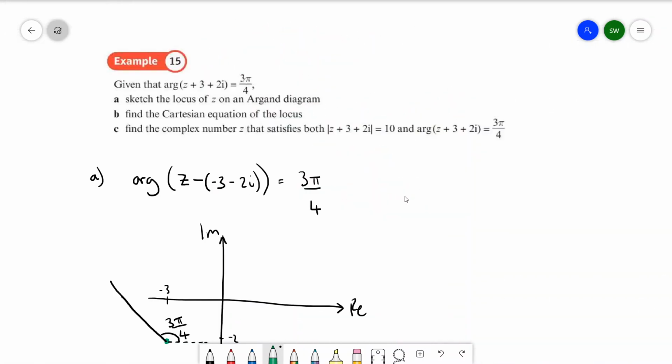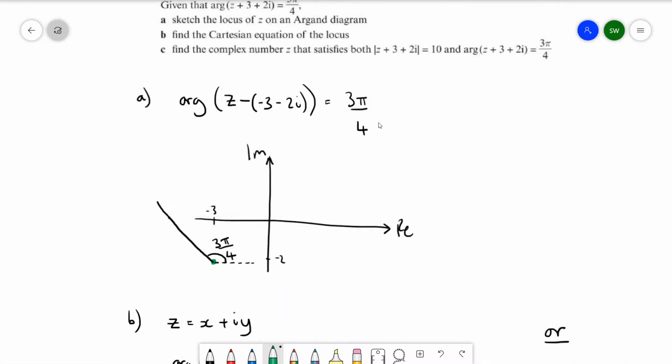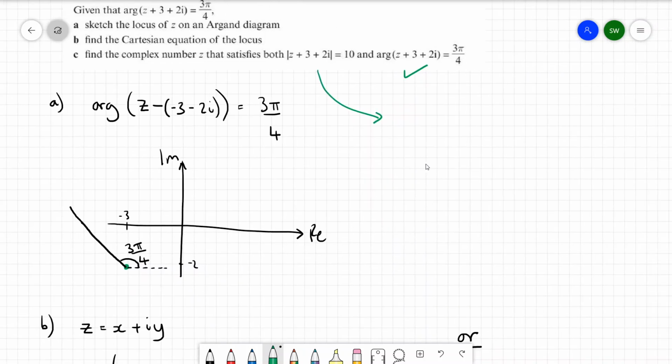Okay, in part C, we need to find out what complex number satisfies this locus that we just sketched, and also this condition here. So we know that it has to lie on this line here because it satisfies that condition there, but it also has to lie on this locus here. So let's think about what this locus of points is. Let's just think about it